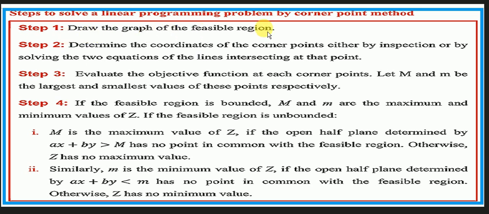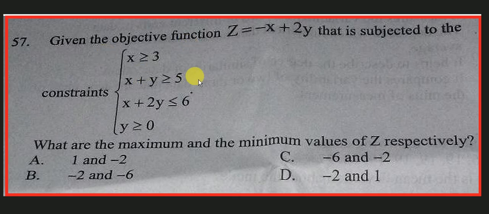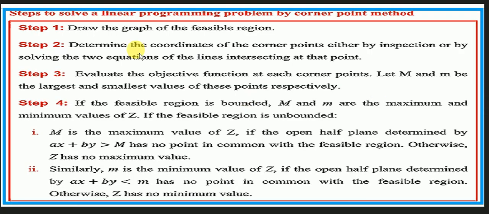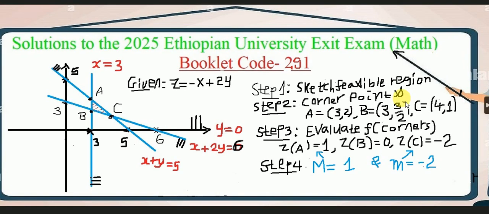the graph of the feasible region. That means the intersection of these inequalities, the intersection of the graph of these four inequalities, that's called the feasible region. Second, determine the coordinates of the corner points where the boundaries of the feasible region intersect. Step 3, evaluate the objective function at those corner points and then compare. በቃ እነኛ አራት ስቴፕ. ኦኬ ስኬች